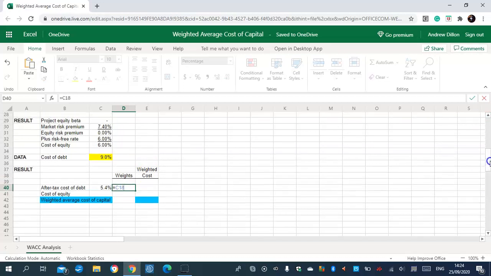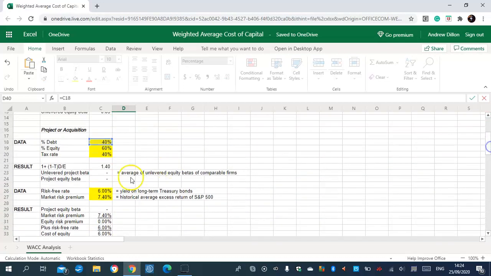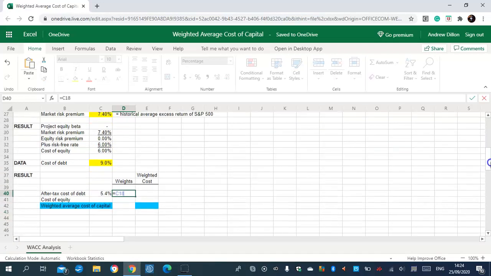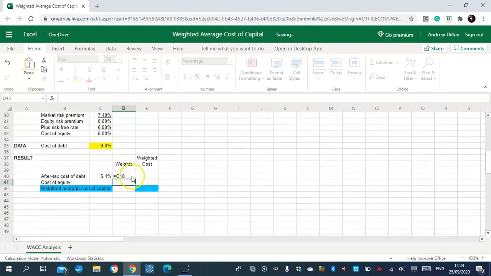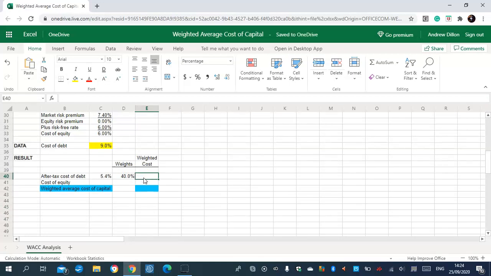I'll show you where that is. It is debt by 40%. The weighted cost for after tax cost of debt. So multiply the first 5.4% by the weights